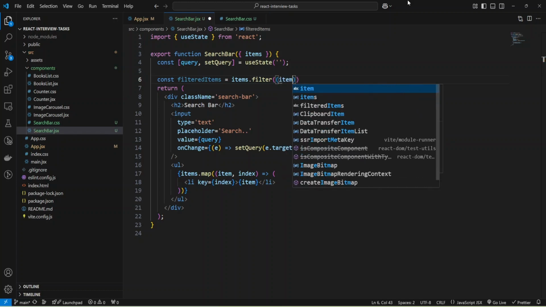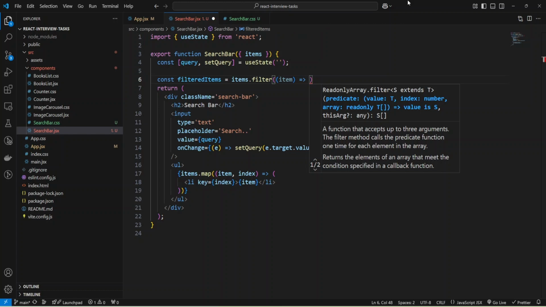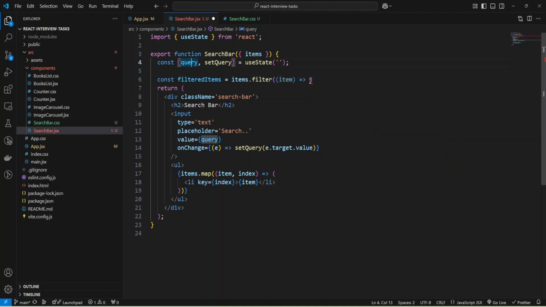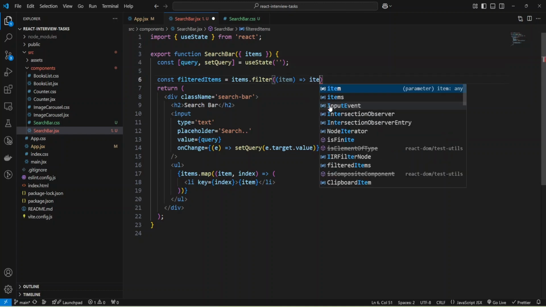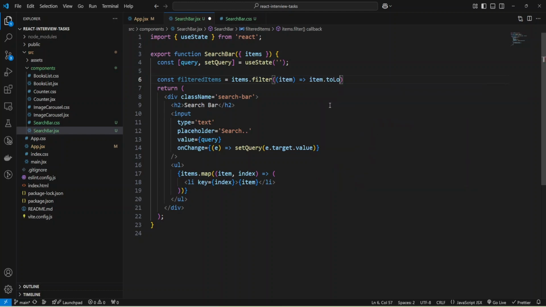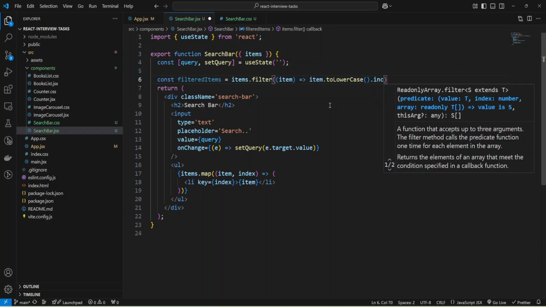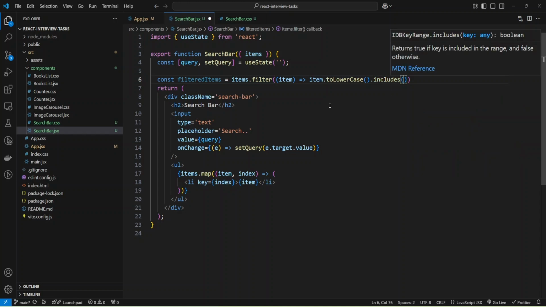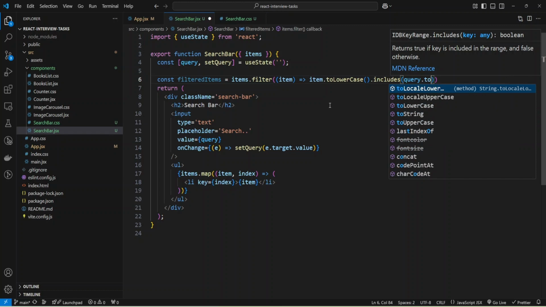And for each item, I'll provide the function for my filter, and I'll include the items only if we have the value of query in the item. And for that, I'm going to use item, and let's do toLowerCase. It will be case insensitivity, and also now I can use the includes function, and let me provide query, and also use toLowerCase.